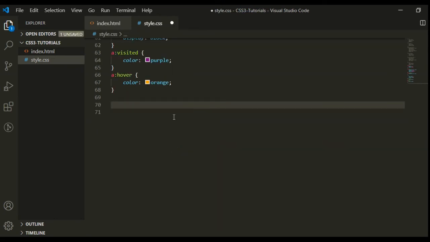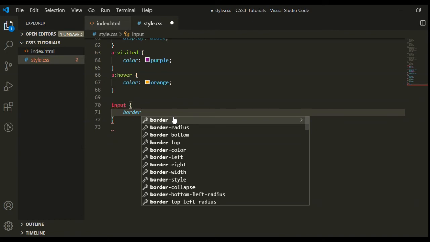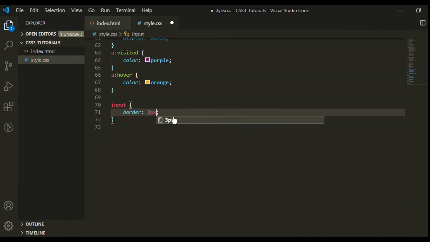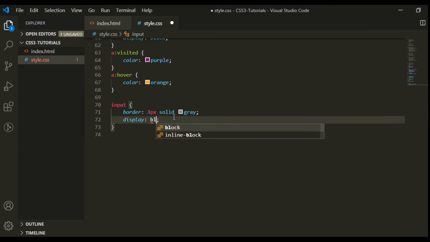First we will add the normal state for the input. Like border 3 pixel solid and give the color, it's gray. And display block, so it will start from the new line,